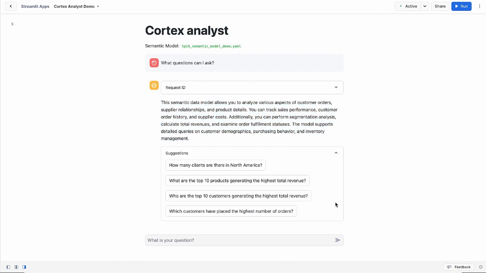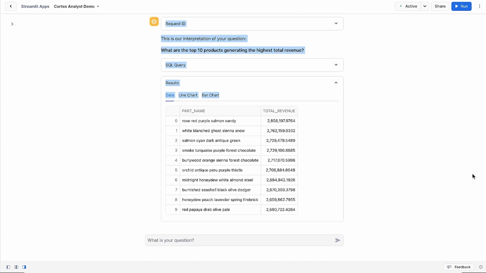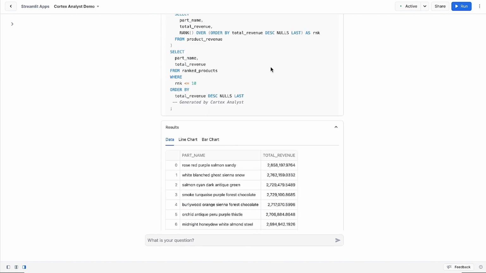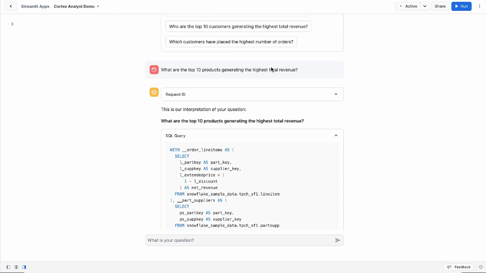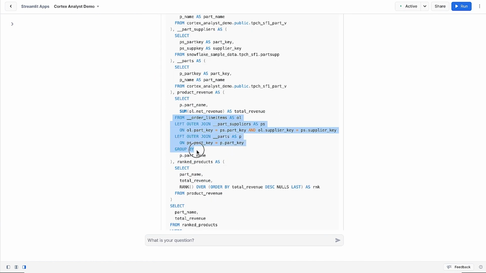I can either choose one of the suggested sample questions or ask my own. Let's go ahead and ask, what are the top 10 products generating the highest total revenue? As you can see, not only do we get the results, but if the user is interested, they can also view the SQL query that was used to generate the results. As you can see here, Cortex Analyst was able to join across the suppliers and parts tables to return the